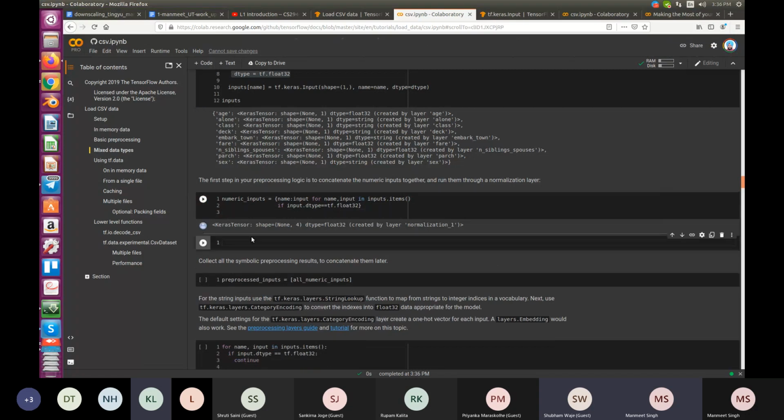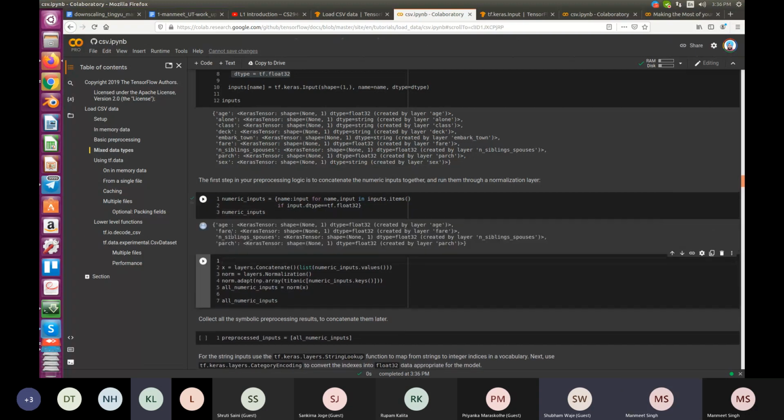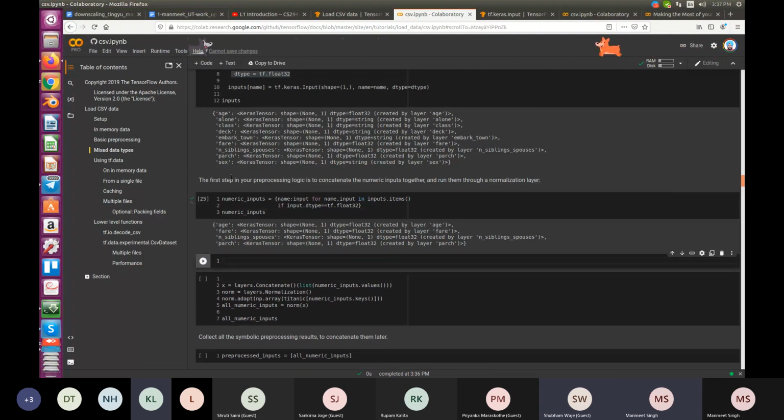We will run this in different cells. So you can see that these are your numeric inputs: age, fare, siblings, parch. And in this dictionary, if you want to print a particular key,